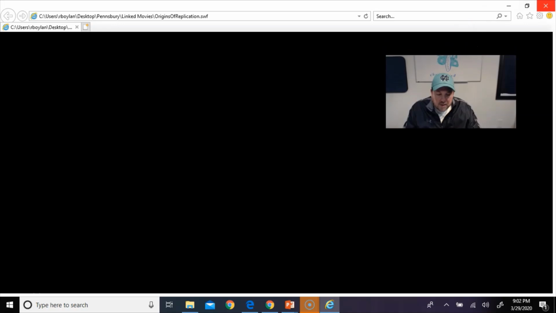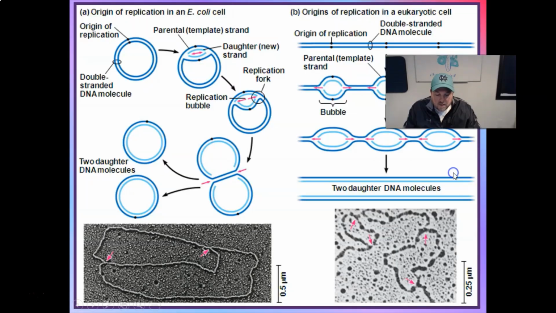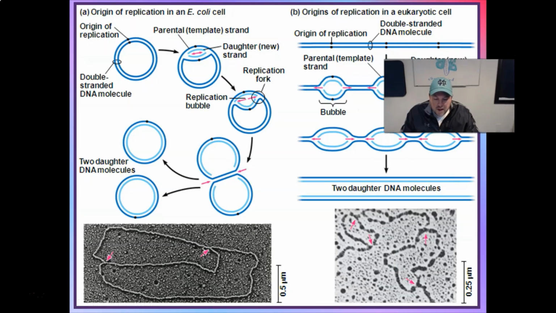Okay, so that video actually wasn't great except to show how the bubbles come together, because that was showing how DNA grows out in both directions like this. That's not true. From the origin of replication, you're only going in one direction. Remember, all those arrows only go in one direction, whether you're on the top or the bottom strand. But the bubbles do join. And as you can see here,